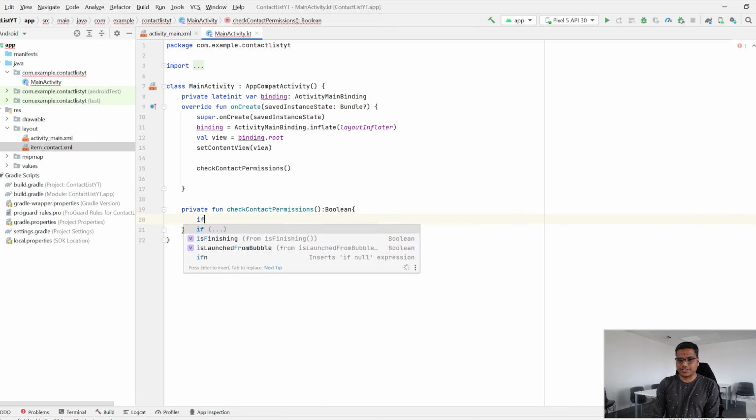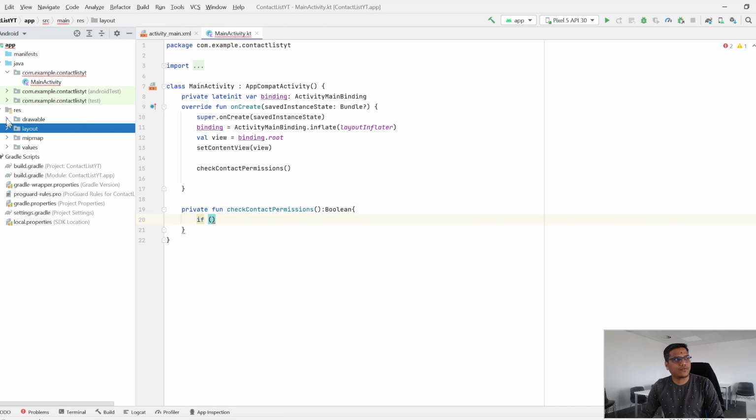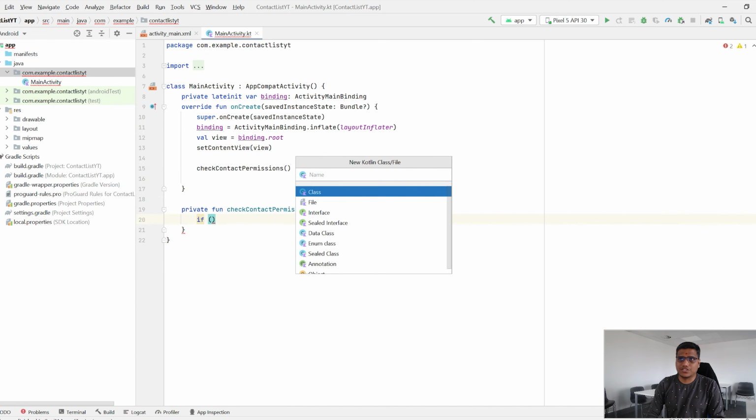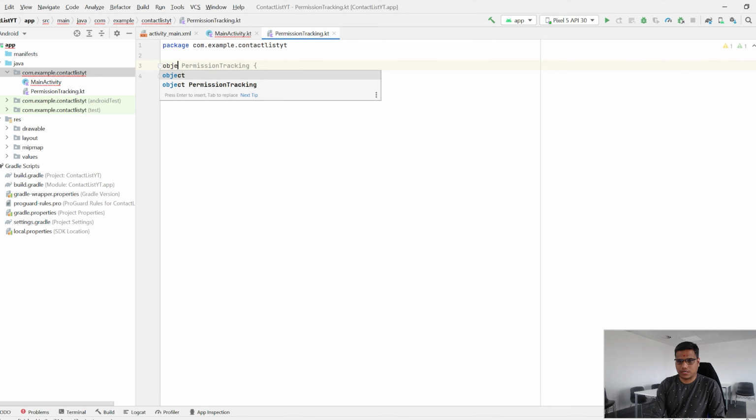and we can create this with the help of an object, because I don't want everything to be included in one file. So for the sake of ease, I'm just gonna create another Kotlin file which I'm gonna name permission tracking, and it should be object, not a class. Permission tracking, and in here we can create another function. Function has contact permission,